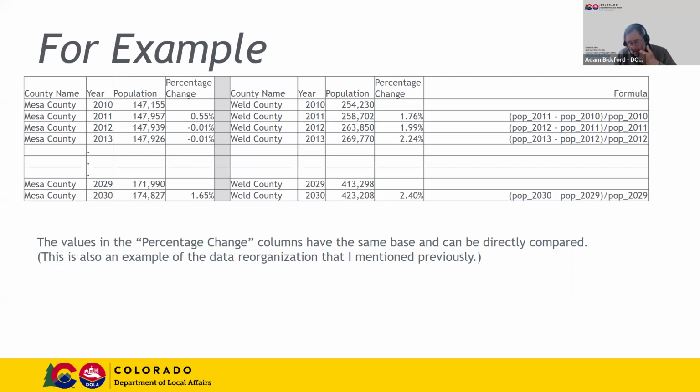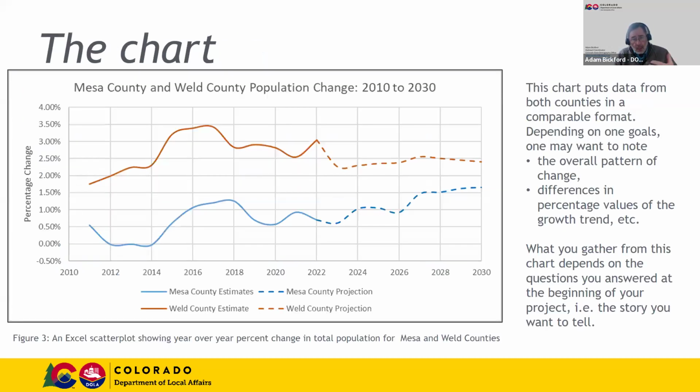Then once you've got that done, you can plot those two lines. And here you see a different picture. First of all, for Mesa County, for Weld County, we'll start with Weld County. What looked like a common straight line in terms of the increase in total population actually has a lot more variation in it. And you can see that,